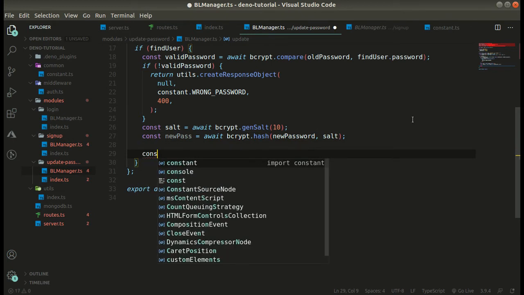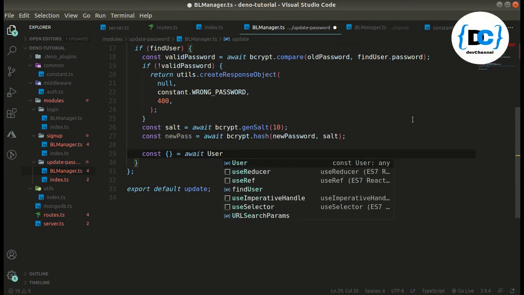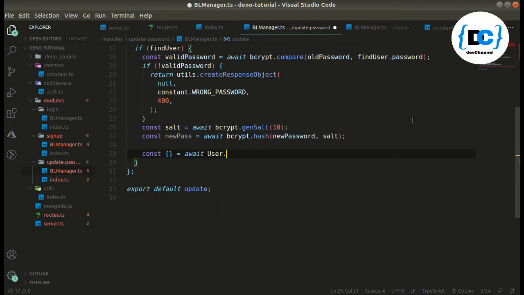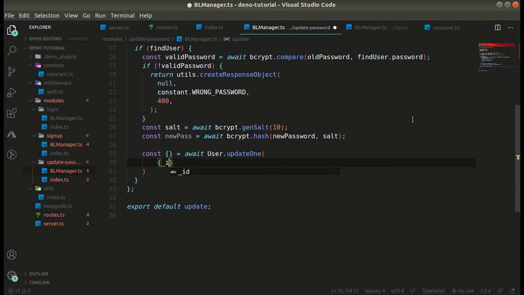So let's do const, await user dot update one, and we are going to update where, the where query, where our _id matches this object id.